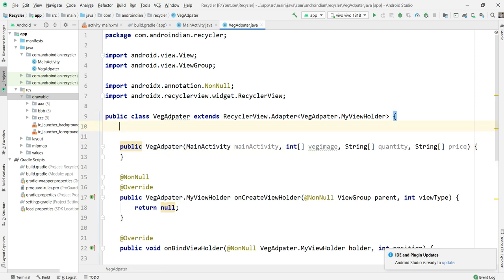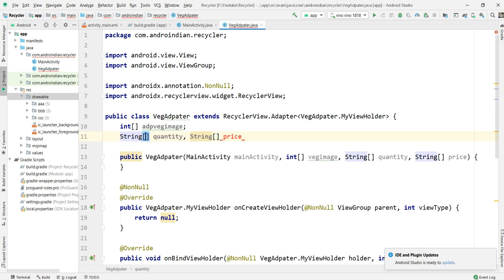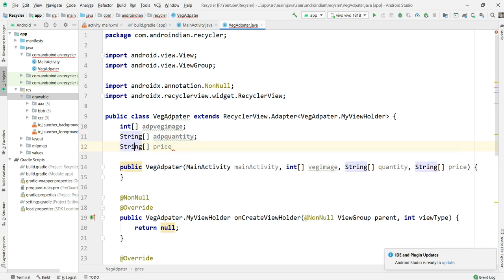Then the next step should be localization of data. We need to localize the data, along with the constructor that has been created. The constructor is nothing but a bridge between the two classes, from the main class to the activity. But if you want to show this class's data here, we need to localize the data. So here I am localizing the data, meaning whatever data sources we are sending, we need to assign and initialize here once again. Why? Because we cannot capture the data directly from the constructor, so I am creating separate ones for this.